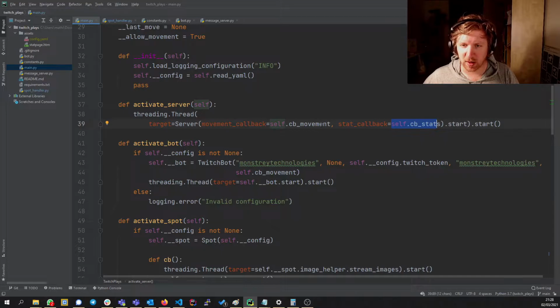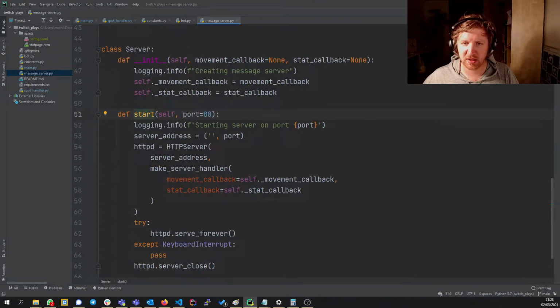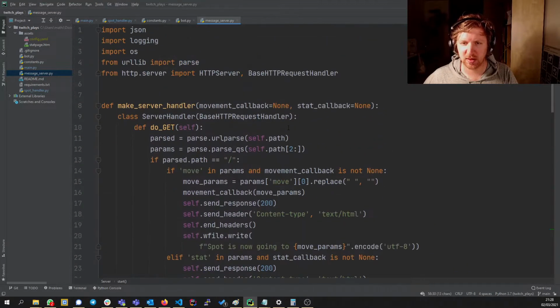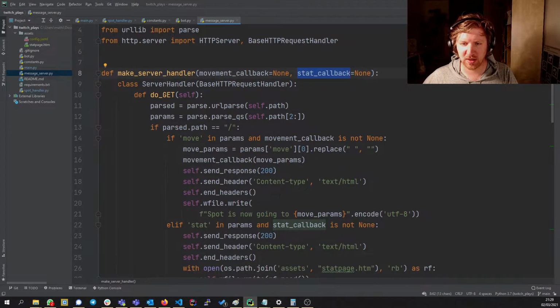Okay, let's take a quick look at it. Server start. Okay, we initialize the server. We have some fancy logging here. We make the callback functions available in the class, and then we start the server. It's just a normal HTTP server, not an HTTPS, and we provide 2 callback functions to it. And here is the handler, the movement and stat callback functions, and those are being triggered